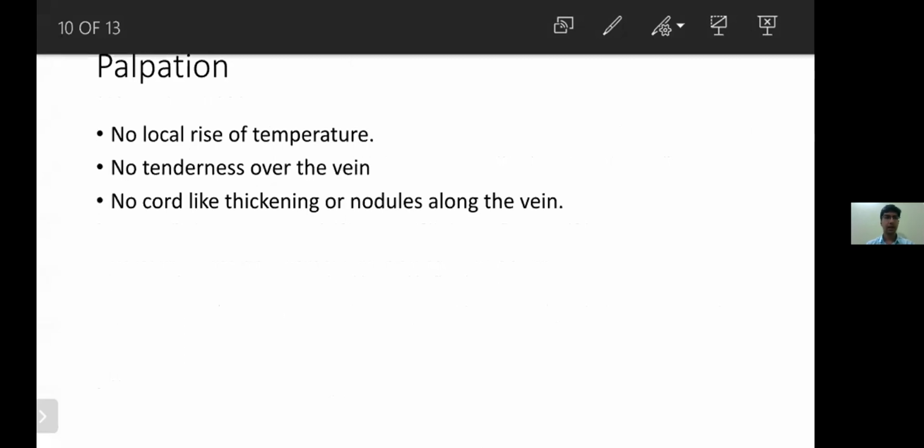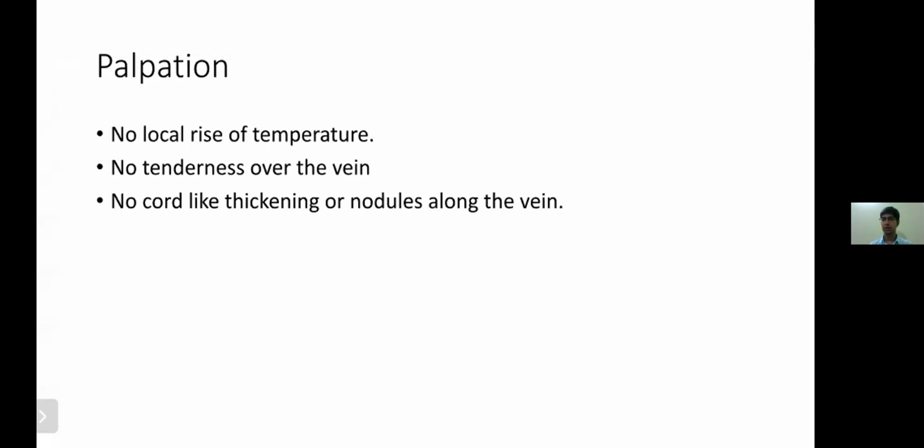Again, the same thing. Why is tenderness over the vein mentioned? What does tenderness of the vein indicate? Tenderness and cord-like thickening. What do all those things indicate? Vasculitis. Something more common than vasculitis. Vasculitis does not lead to all those things, but still something more common. Thrombophlebitis. Yeah, so thrombophlebitis is a common thing. Thrombophlebitis always has to be ruled out because it is a commoner condition than varicose veins of both the upper and lower limbs. So mention it. It's a good thing to mention. And then obviously moving on to the tests.